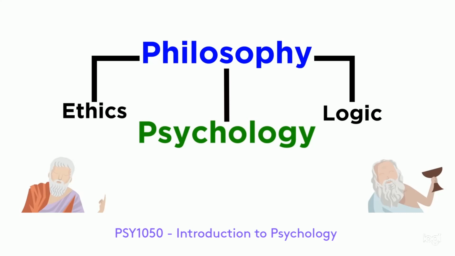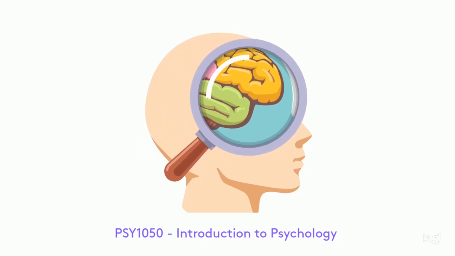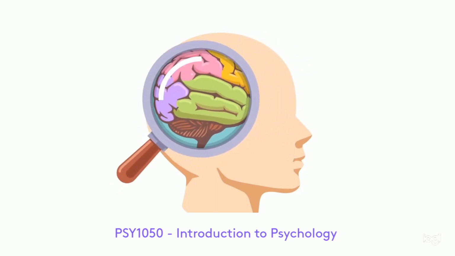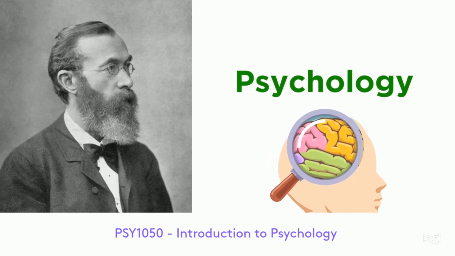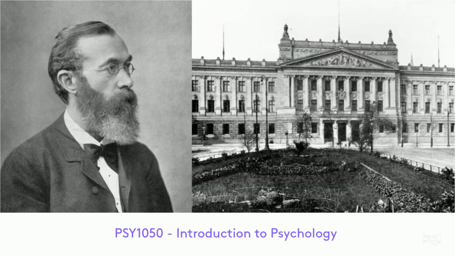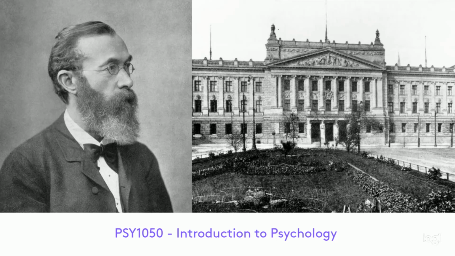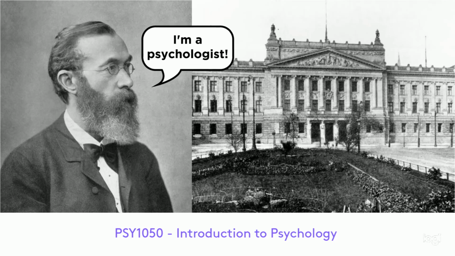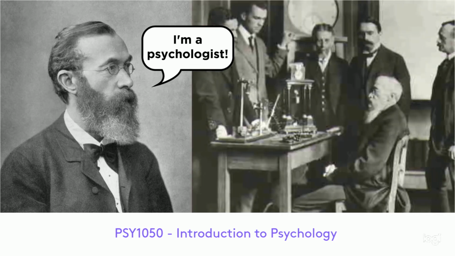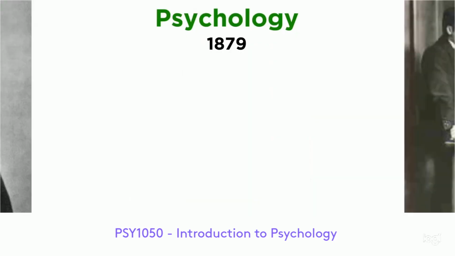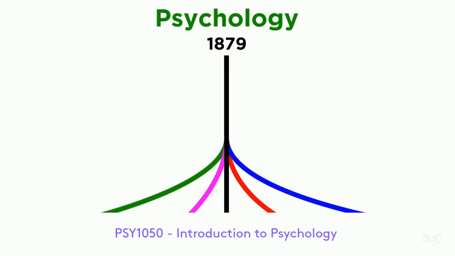It wasn't until we started learning how the brain actually works that we could start using the scientific method to study the mind. What we think of as psychology began in 1879 when German professor Wilhelm Wundt founded the first experimental psychology lab at the University of Leipzig, officially separating psychology from philosophy. In fact, Wundt was the first person ever to call himself a psychologist. He and those in his lab began using the scientific method to study the mind, thereby setting the stage for future psychologists. After Wundt, psychology grew into multiple schools of thought and fields of study.